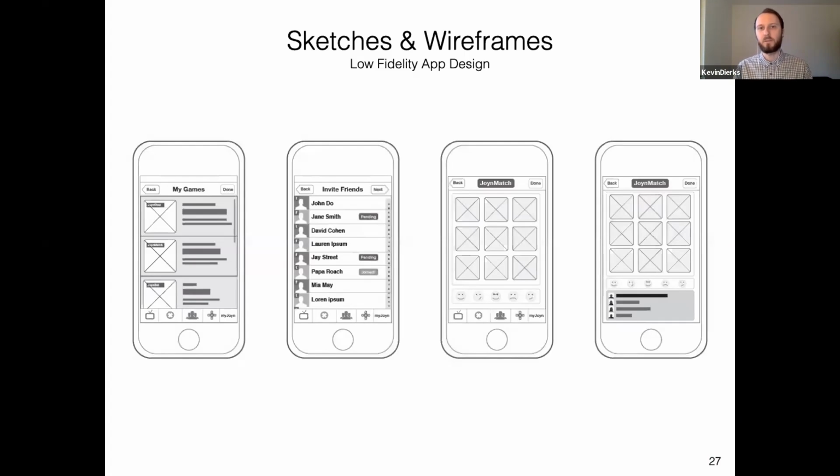So these are wireframes, for example. These are called low fidelity app designs. There's also some templates online that you may want to use, but it helps you understand how you want to lay out your mobile app, what needs to be covered, what the functionality is that I'm trying to achieve, and where I put all these components. So it's supposed to give you a rough overview of how your app is going to look.